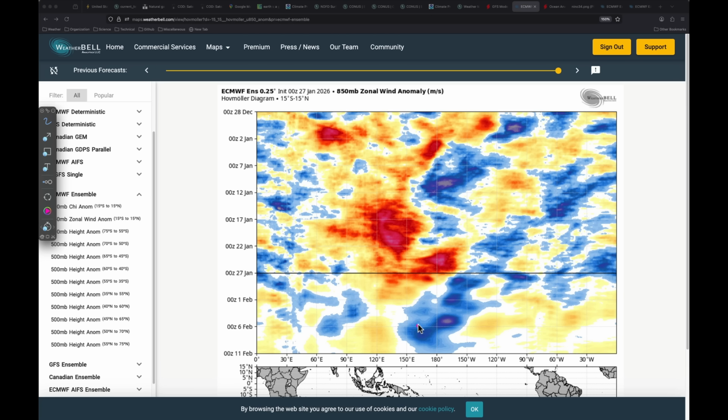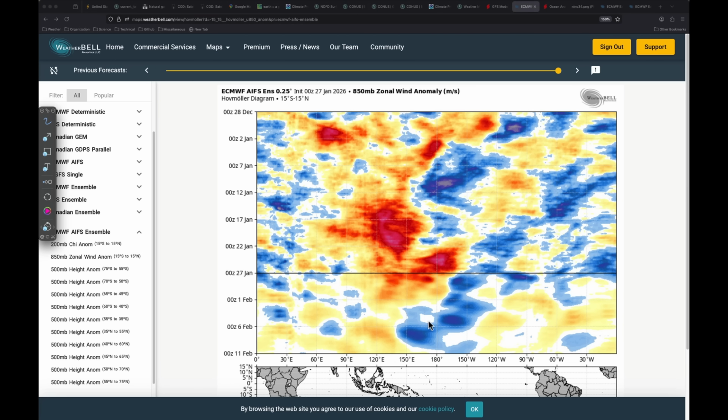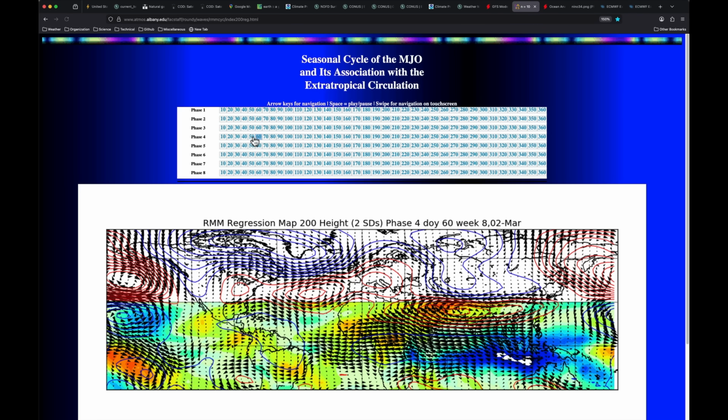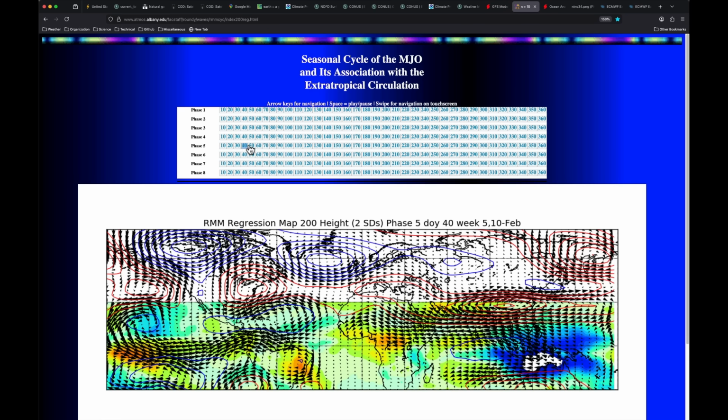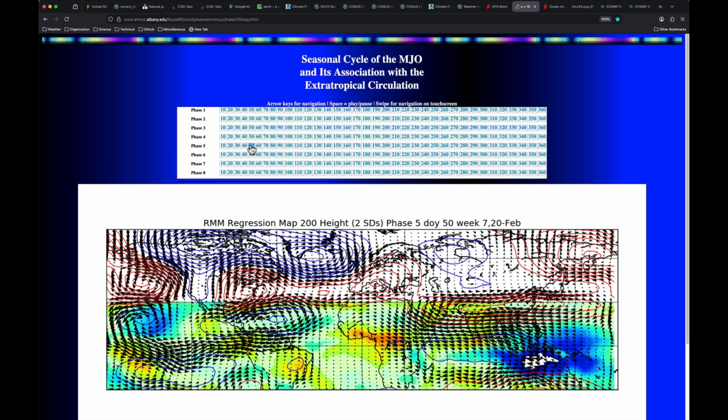Also, if you look in the long range here, this takes us all the way out to February 11th. It's the ECMWF ensemble. I want to get a different opinion here, so I'm going to ask the AIFS ensemble. And sure enough, those easterlies at the nose of this westerly wind, we have convection returning to the maritime continent. That would be getting out into February. We think about those phases as we get into February, phases 4 or 5 as being a little bit warmer, especially for the central and eastern U.S. So I'm curious to watch if we get some warmth back into some of the areas we talked about being so locked in with the cold as we go a little further into February.